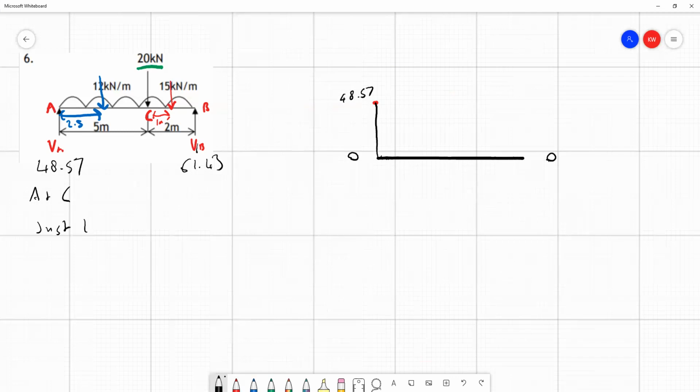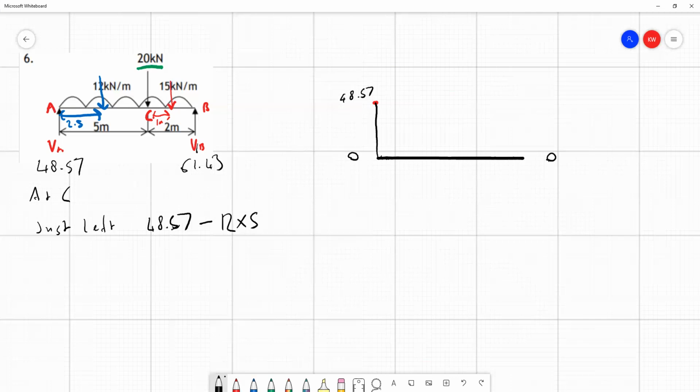So we have an upwards force of 48.57 due to the force at A, and we've got a downwards force due to the UDL. So at point C, we've got this UDL to the left, it's 12 kilonewtons per meter, over 5 meters of beam, and it's 2.5 meters